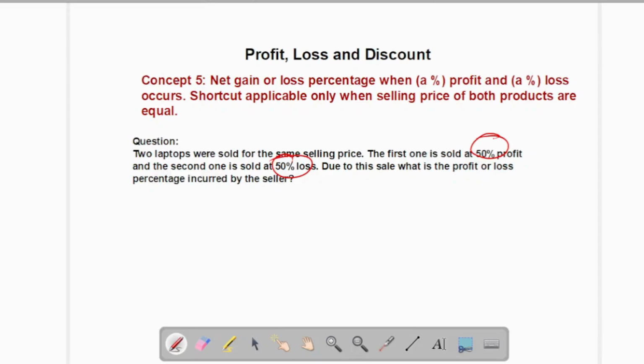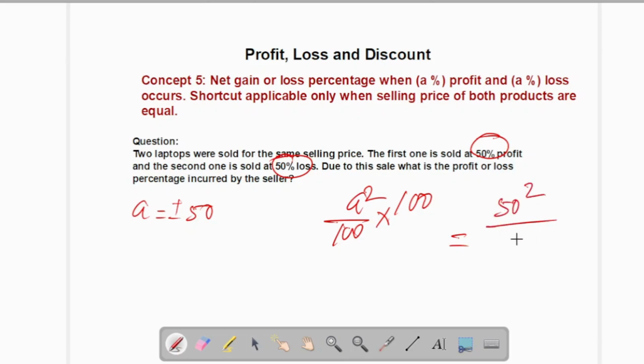So if we apply the formula here, A is equal to 50 plus minus 50, since it's a 50% profit and 50% loss. But when we are taking a square value, it will be plus only, because square will neglect the negative sign. So when I calculate the net loss or profit, I will use this formula. Simply I straight away put this formula. A value is 50, then 100 into 100. So that means